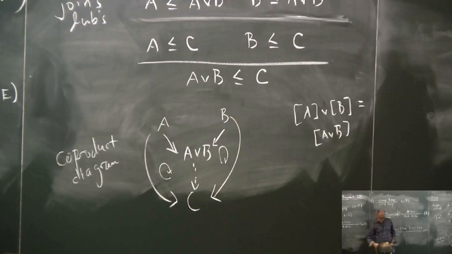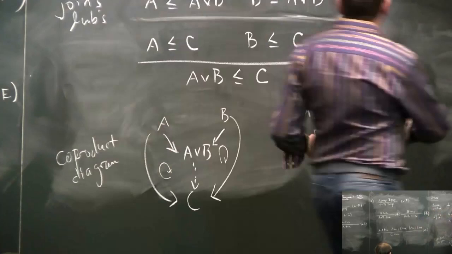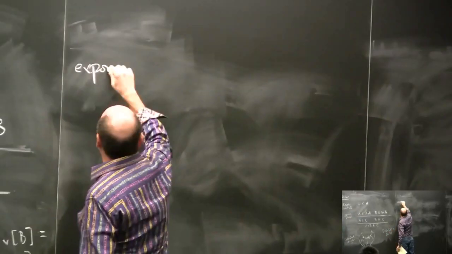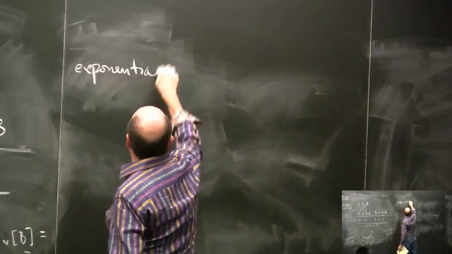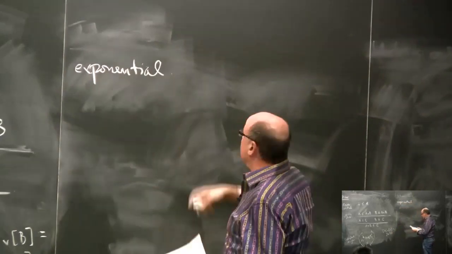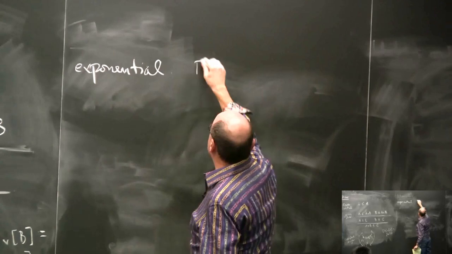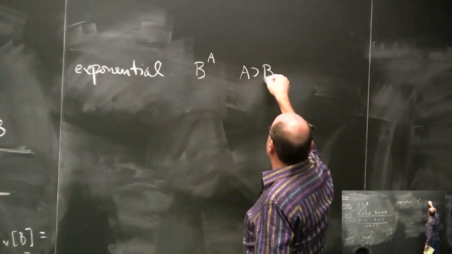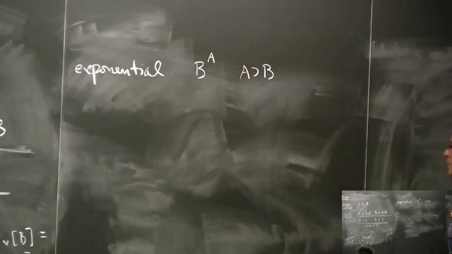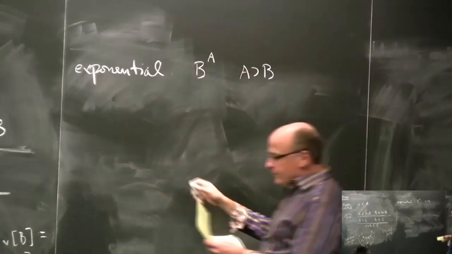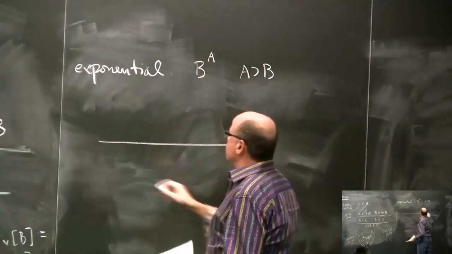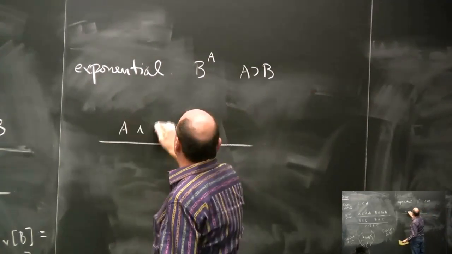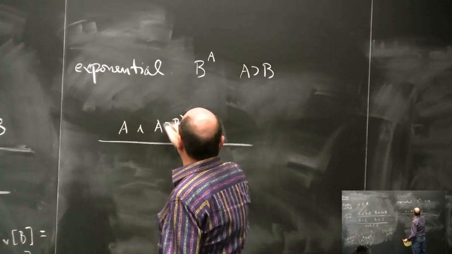Okay, yes. All right. So now we have the idea of the exponential. So the idea is we have a notion of an exponential, and the exponential is written like this. A lot of times it's written B to the A. Or I'm going to say that A implies B, or B to the A, are exponentials. And what do I mean by that? Well, if I have A and A implies B,